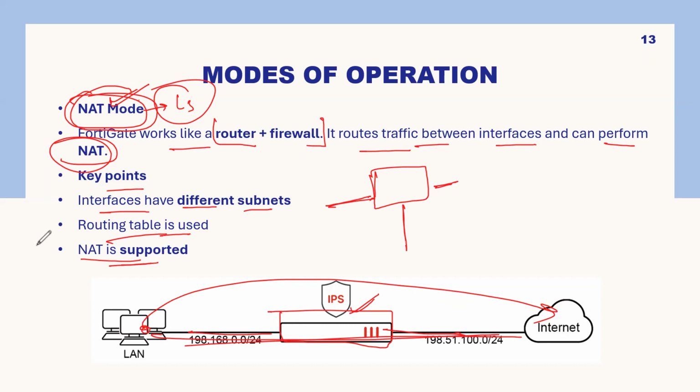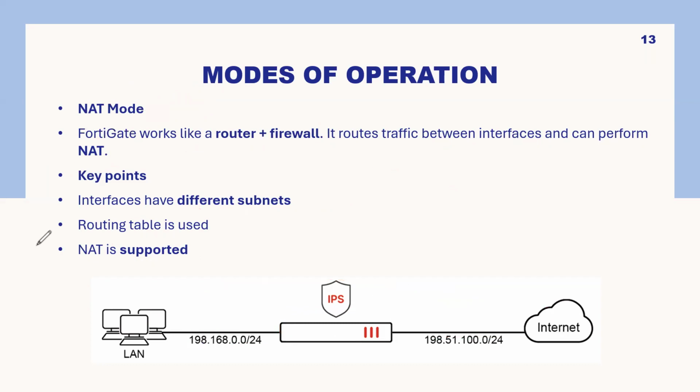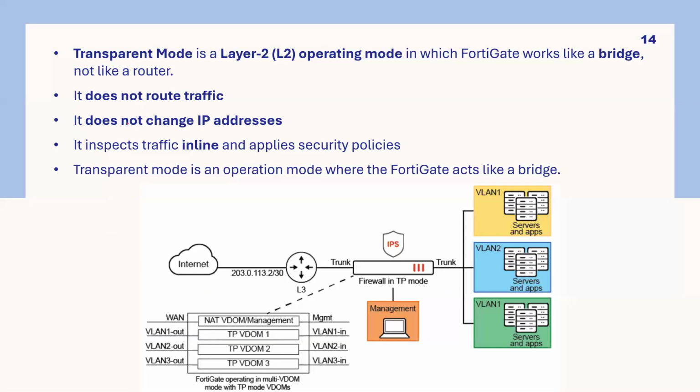Fine. Now, the second mode: transparent mode. Don't say layer 2 mode, say transparent mode, but the meaning is layer 2. Transparent mode is a layer 2 operating mode in which the FortiGate firewall works like a bridge, not like a router. It does not route any traffic. It does not change the IP addresses. It just inspects the traffic inline and applies the security policies. So what it uses here is VLAN,